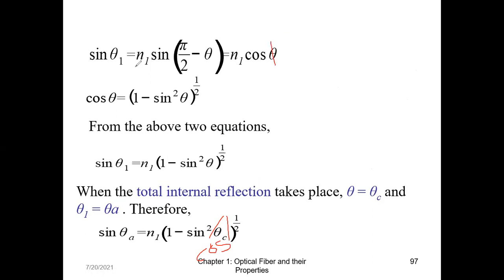This is Na, which is equal to n1 cos, because that theta 1 we are considering it as theta a, so sin theta a is equal to n1 cos, and that angle is now the critical angle. So Abhinav, ये formula है. हाँ मैम वो करेक्ट आ रहा है कॉस.